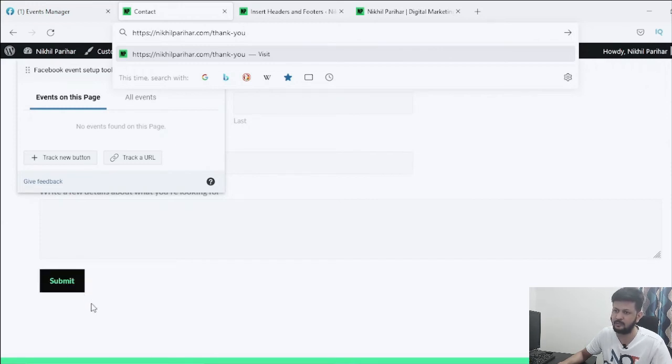Okay, you can also set up tracking when somebody clicks on the submit button, but not everybody who clicks on the submit button is a conversion. Why? Because there are many bots, or sometimes people click 2 times on a submit button, that will be counted as 2 conversions, whereas it is just 1 conversion on the website. So I don't like to set up the event for buttons, but I would rather give it for somebody when they reach the thank you page or a confirmation page.